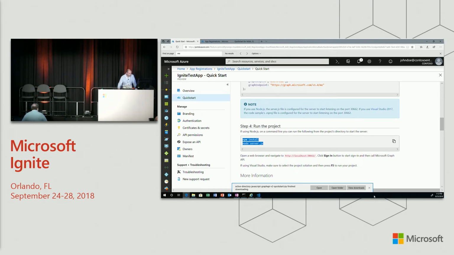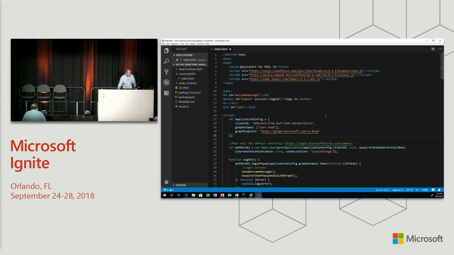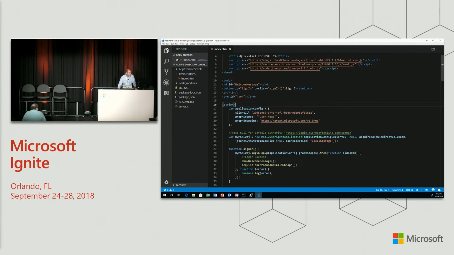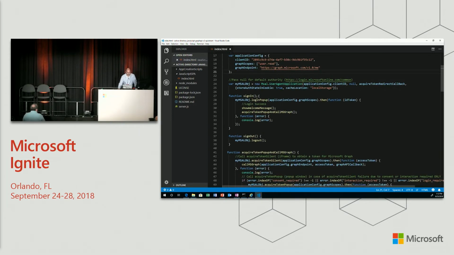I'm going to show you some of this code and how it works. All right, so you're already familiar with these things that we configured, the client ID, the scope permission that we're asking for, as well as the endpoint. We're just hitting the me endpoint to get some profile information. Let me show you the MSAL code. Now, the first thing is that